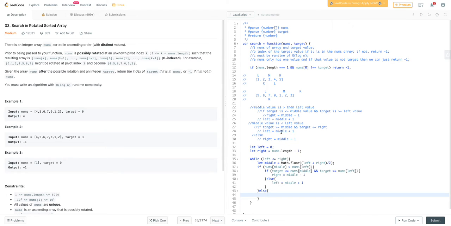So in that case, it will be if target is smaller than or equal to nums at middle,